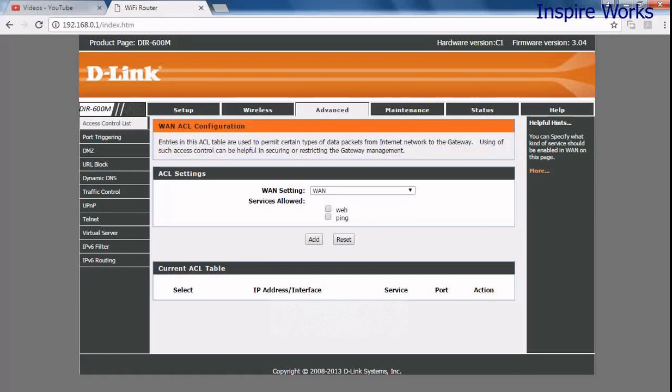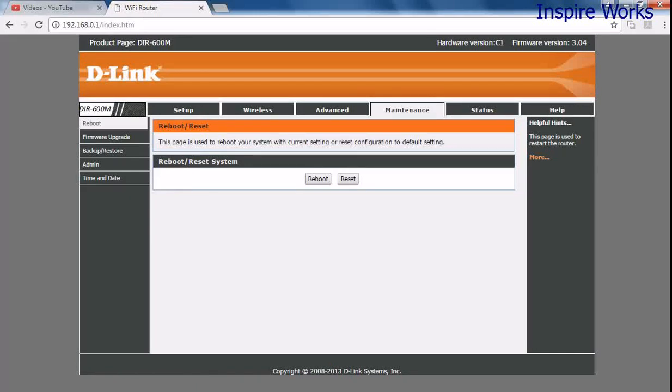If we go to the advanced tab, what we can see over here is the access control list. This is actually for blocking IPs, the access control list for which you want to give access and all that. So if you would like to add something, you can add it over there. This is not of much use in a home Wi-Fi, but if you really want to be more secure, then you can do that.